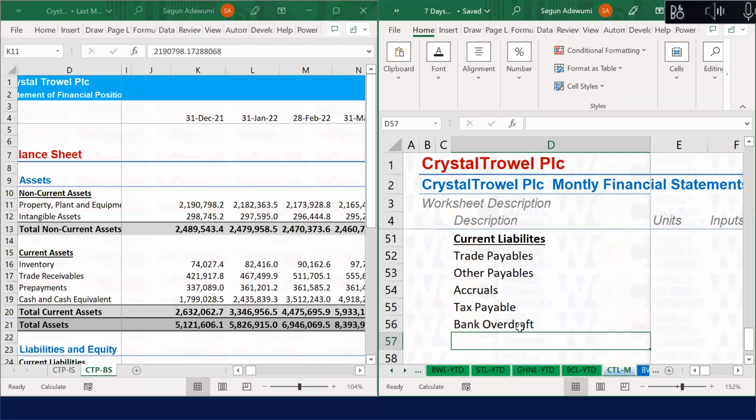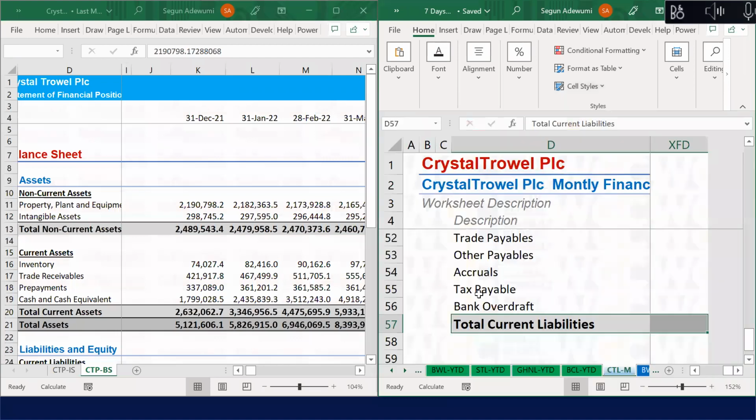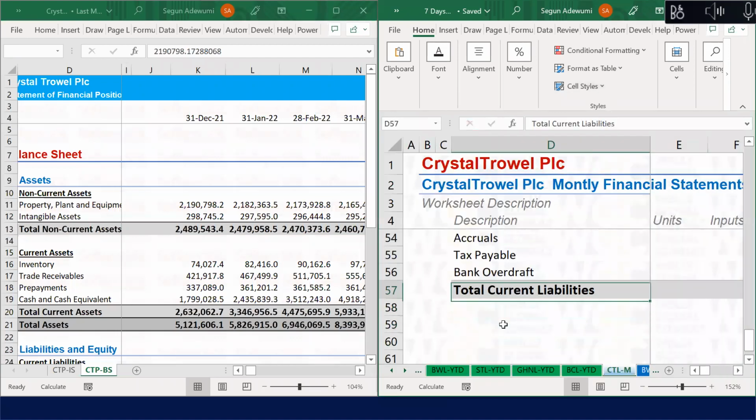So here we now have our total current liabilities. Then let's put this one in our subtotal style. Can you see the importance of this style now? It makes you work faster. So next we have